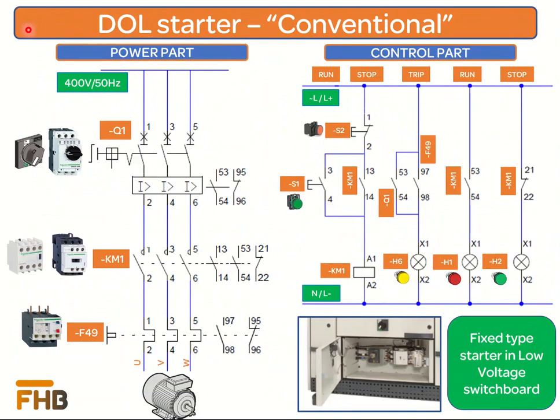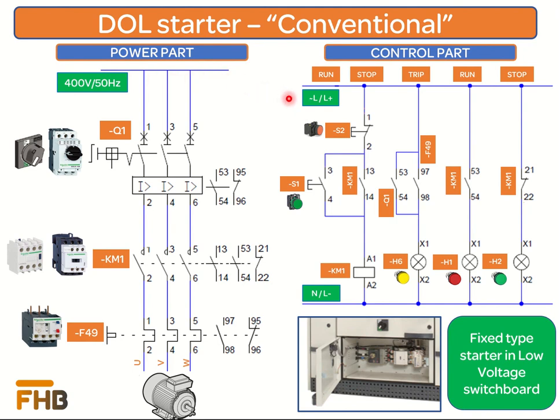First, we will discuss the conventional design of a DOL starter. Mostly, starters are designed with 3 power components. Therefore, we will continue our discussion with that. Any starter can be segregated into 2 parts: one is the power part and the other is the control part. The power part supplies electrical power to the connected motor, and the control part decides when the power will be supplied to it. The power supply of the control part of the starter can either be single-phase AC or DC. Control supply can be provided either from the MCC main power or through a separate independent power supply, depending on the end-user requirement.